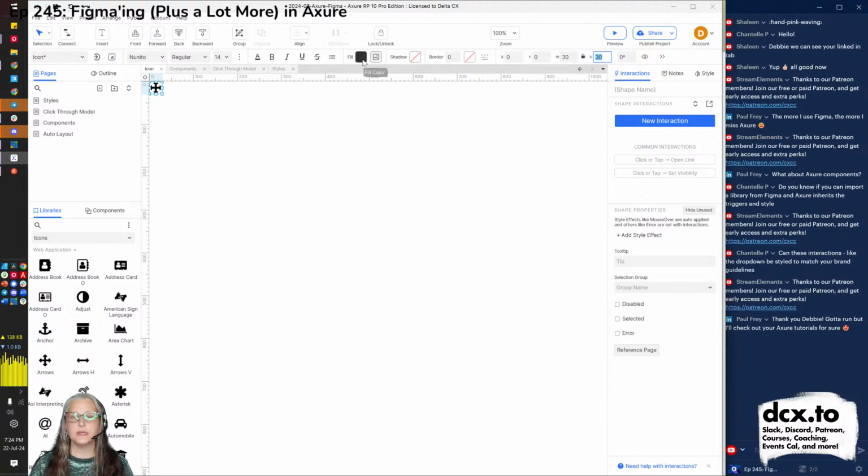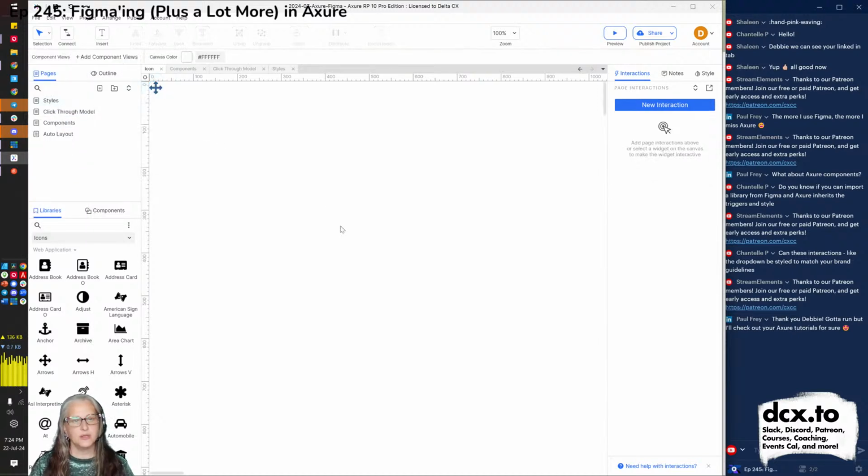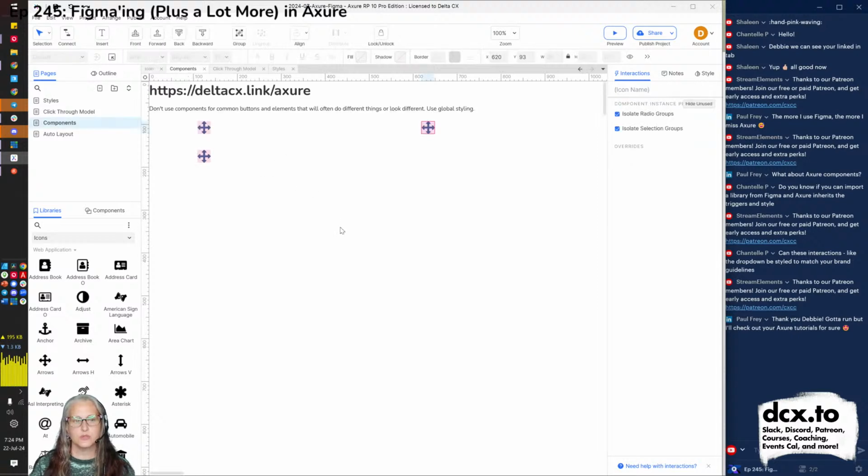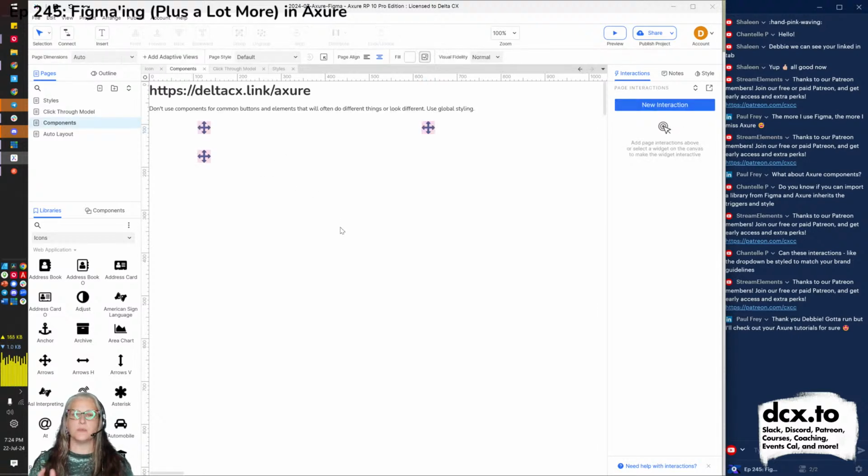Again, I can manually color them, or I could use our good buddy, the global styles. So I gave it the button style just to make it the same blue as the button, but you could make your own styles. Now, everywhere that component was dropped, it still has the pink mask giving us a clue that it's a component, but now it's got a blue, whatever that is, arrows on it.